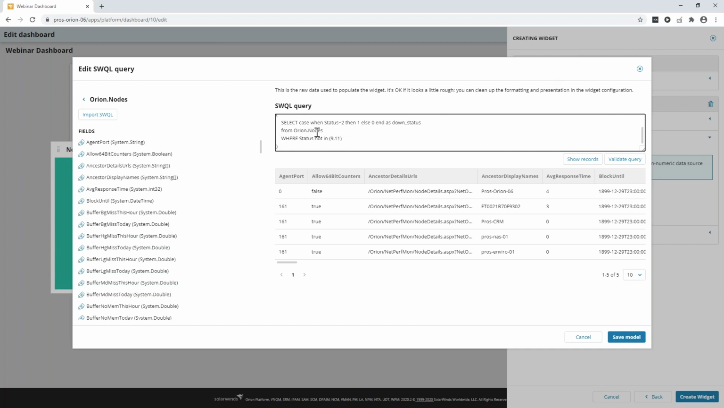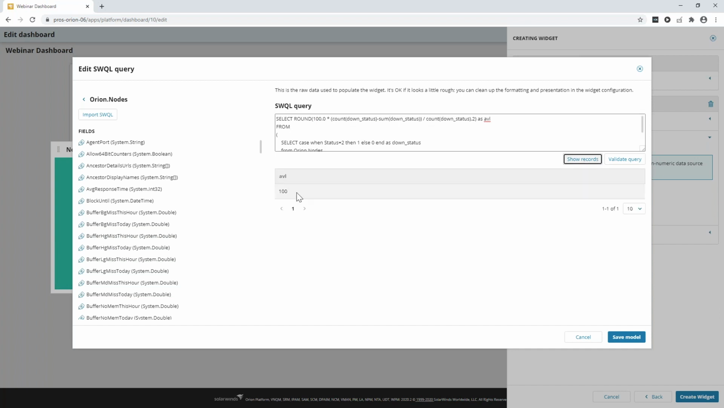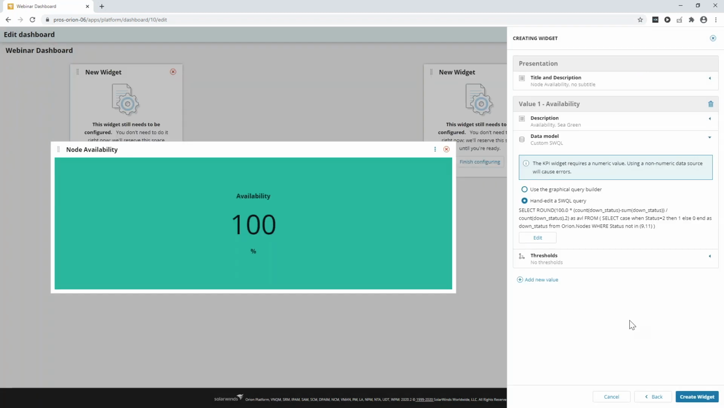So it is getting status information from Orion nodes, and it is calculating this to show as a percentage. When I click on show records, I can see the current availability ratio. I don't have any down nodes currently, so that's the reason we have a 100% availability ratio. For a KPI widget, we have to return a single numerical value. This is a requirement. And when we select save model, now as you see, we have availability ratio in our